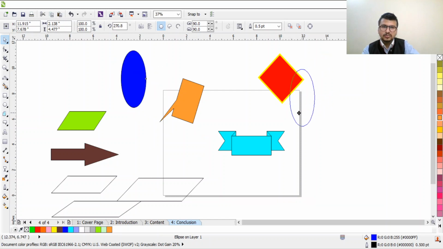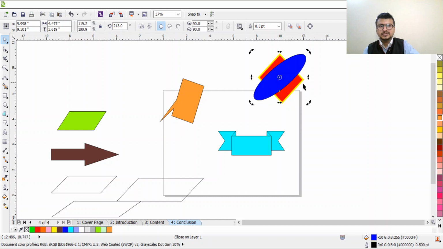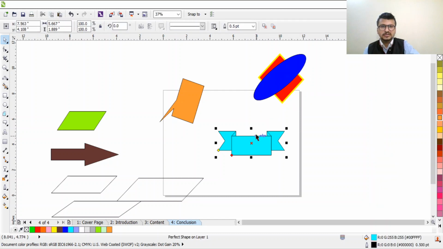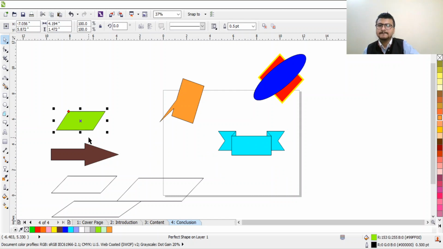If you want to flip it, just click and drag to the upside. Putting it upside down, you can do this also. You can distort this image also, like you can distort this. Do Control Z to undo, and change the arrow direction.